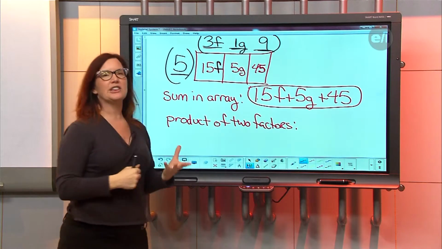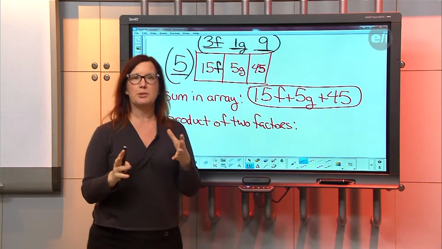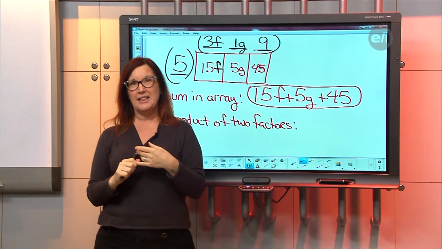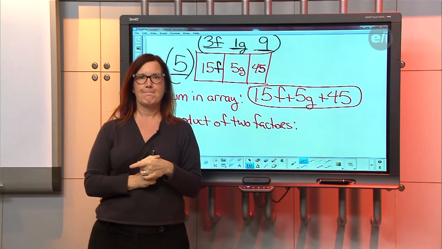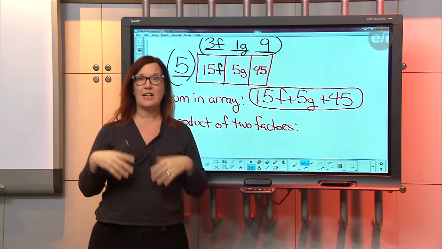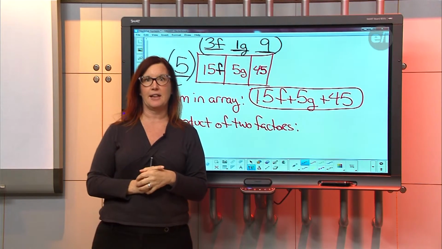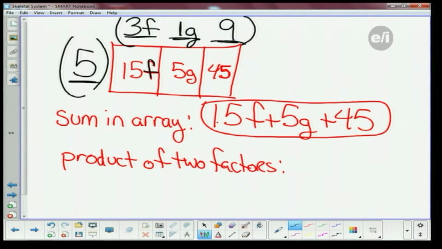But we need to put some connectors in there, some operations in there. So what I mean by connectors to separate the terms, we need plus and minus signs. So we need to determine whether we're going to put positive signs or negative signs in between the numbers, okay? Okay. So basically what you do is if the numbers are positive, then you're going to put plus signs. If the numbers are negatives, you're just going to use them as minus signs, okay? So this number 1 here is a positive, so what symbol should I put in between the 3F and the 1G? A plus. A plus sign, great. And then the 9 is positive, so what symbol should I put between the 1G and the 9? A plus sign. A plus sign, great.